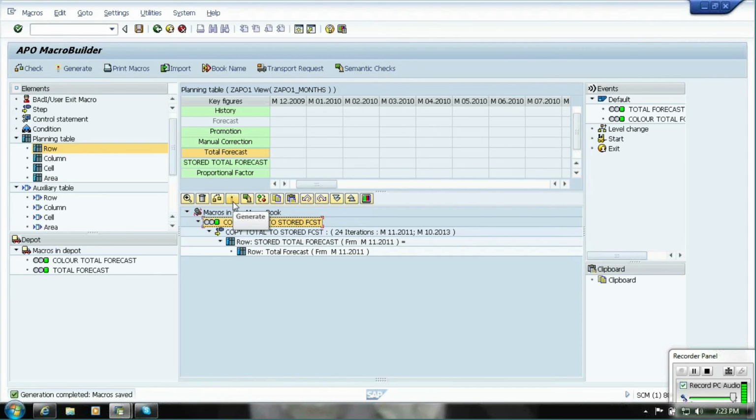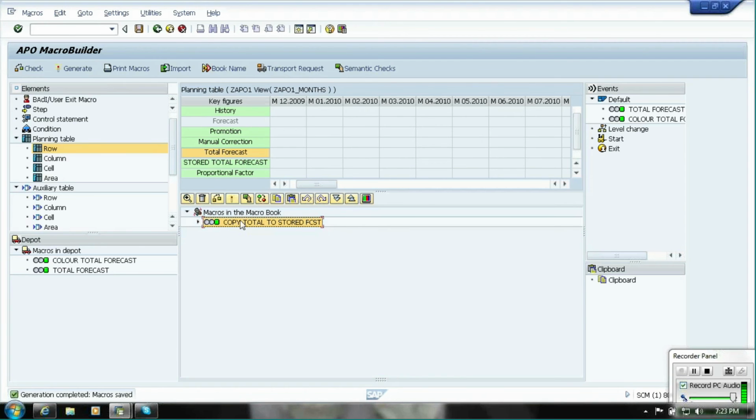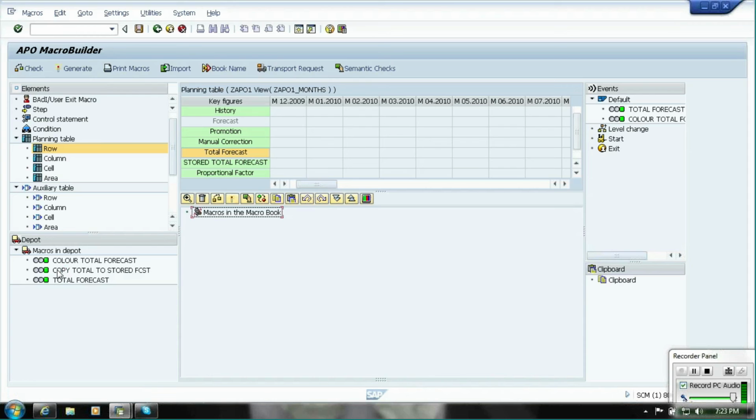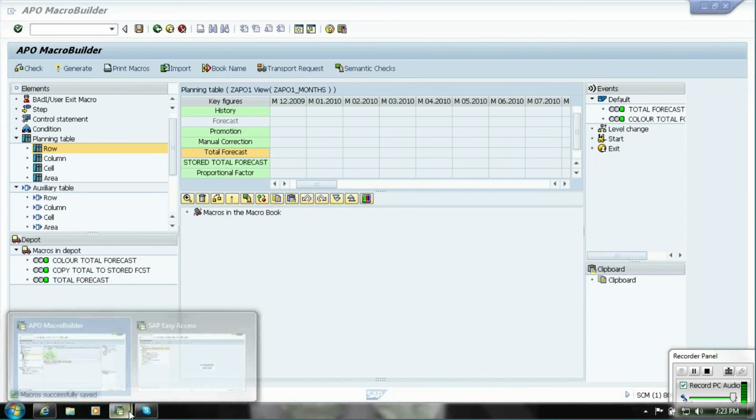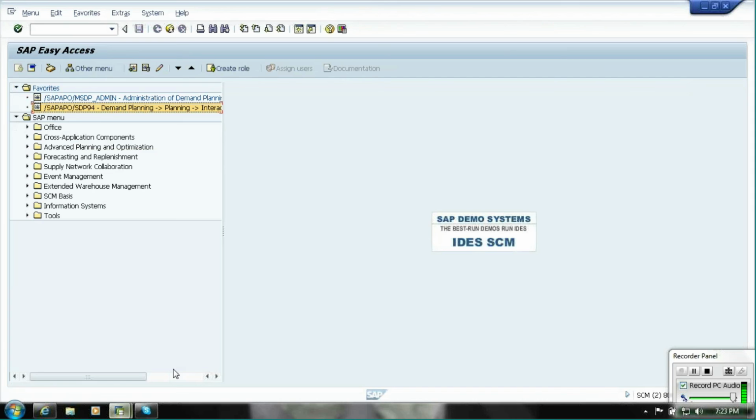Anyway, I have given a button. So whenever the user wants, they will execute. I will not give any default here. I am not giving any default. So if you go to the interactive planning,